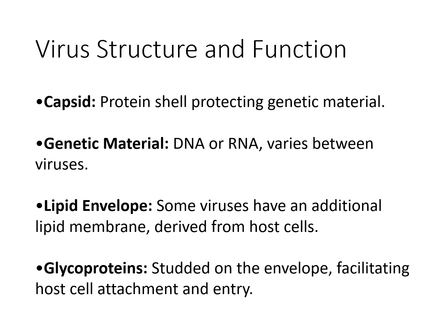Viruses have a simple but effective structure. At the core is their genetic material, which can be either DNA or RNA, depending on the virus. Surrounding it is the capsid, a protective protein shell. Some viruses also have a lipid envelope, which they steal from the host cell's membrane as they exit. On the surface, glycoproteins are embedded. These act like keys, helping the virus recognize and attach to specific host cells, allowing it to begin infection.